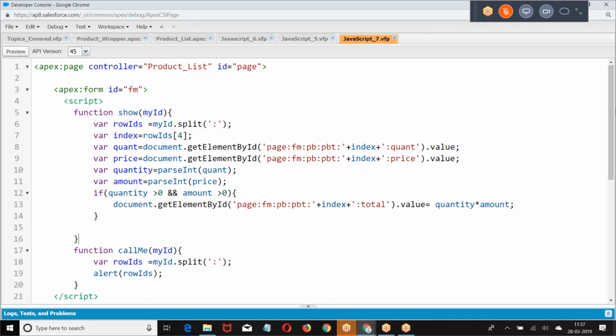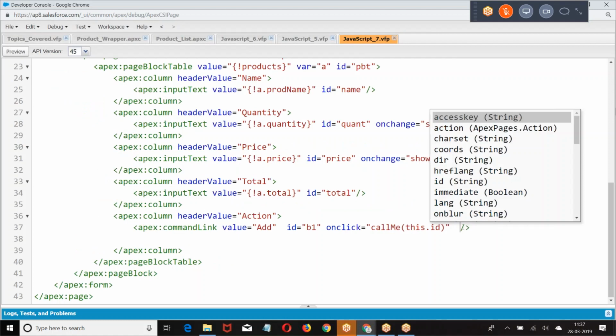Here we are getting the ID. There is no issue with the ID here. What is the issue with the ID here? Command link, add button B1, onclick call me this dot ID.